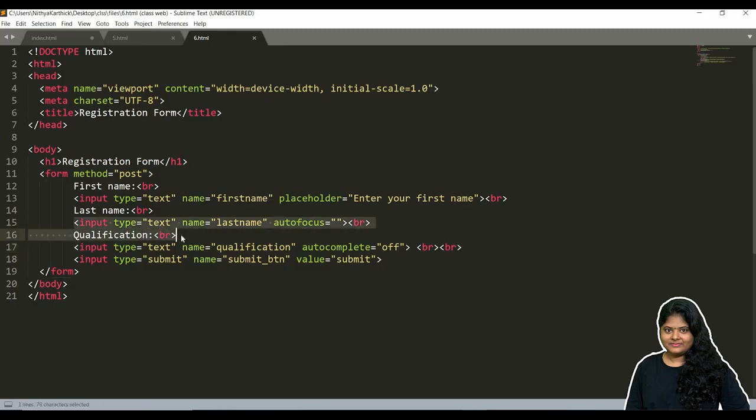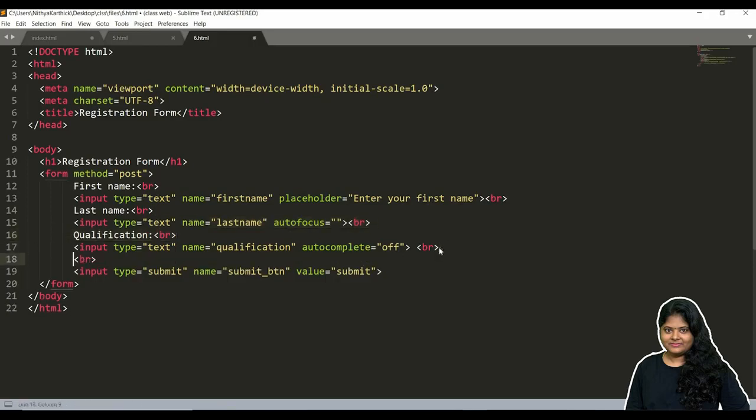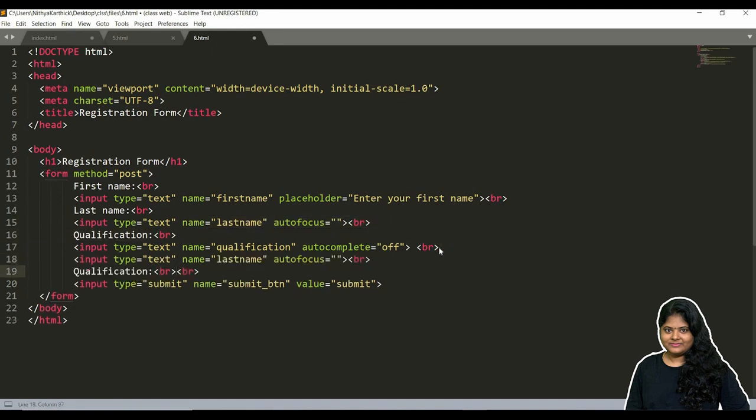So the next one is required. I'm just copying this and doing it here. So let me make age. Here I'm removing autofocus.